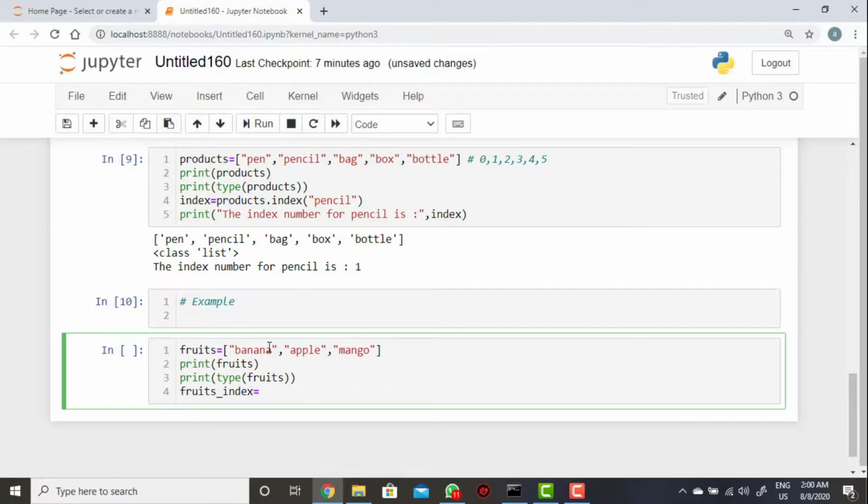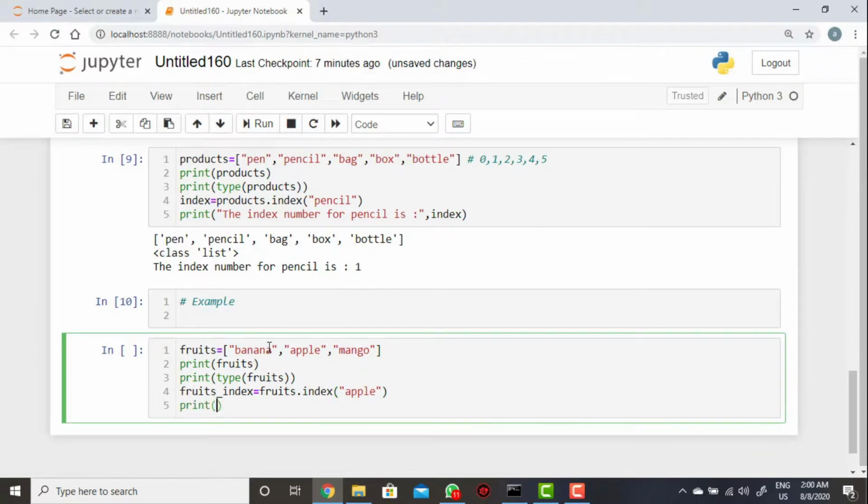Then what you need to do here, first you need the data structure name, then index for apple. So then print of index value is, that's it.